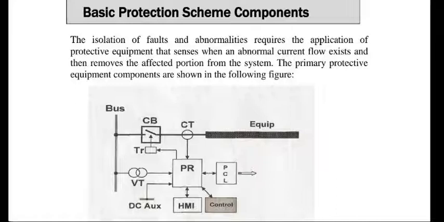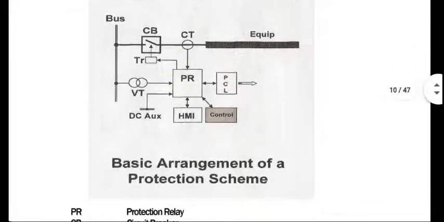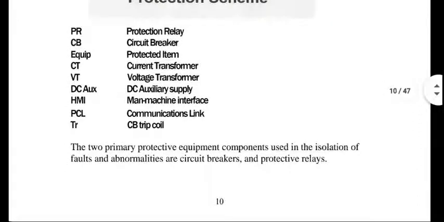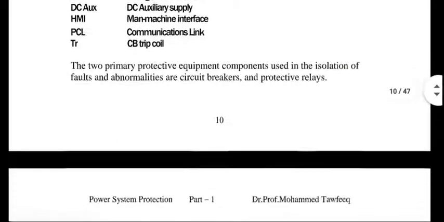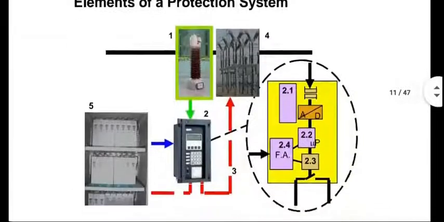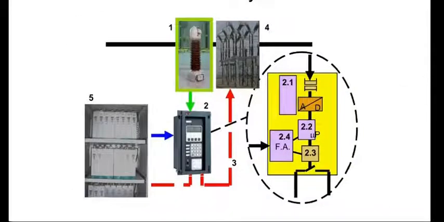Now, I will not go into each and every component in detail as far as the protection is concerned, but at least be aware that details are around. And these are some of the component names in a protection system: relay, circuit breaker, current transformer, voltage transformer, and so on. Schematic diagram, actually pictorial diagram of a typical protection system.